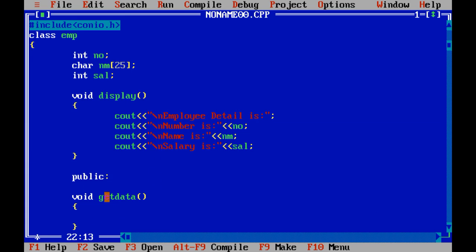Yes, getdata I can use, but I cannot use number, name, salary or the display method outside the class. What is the reason? Because I have declared that method as a private method and those variables as private variables. So that particular class can call that method or variable, but you cannot use it outside the class.